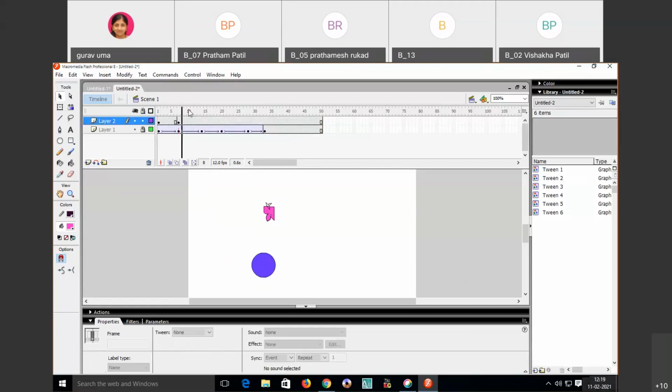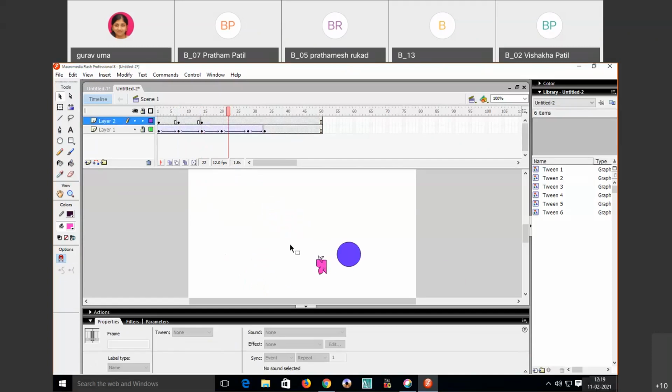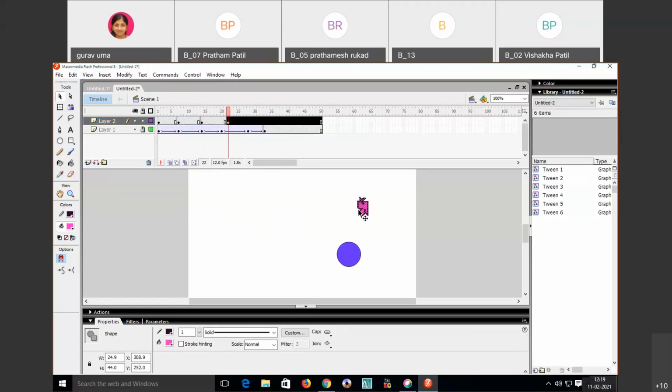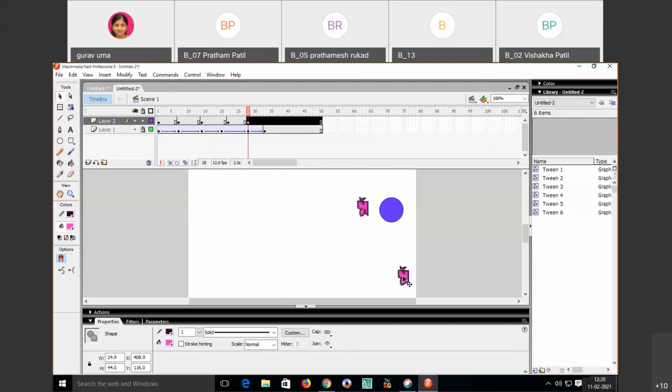Again similarly, I will change this counter. I will click on F6, that means my keyframe is set. Then I will select this object, I will move this object. Again same, I have moved the counter, set the keyframe, selected this object, then moved it. Again same, I clicked F6 here, selected the object, then moved the object.